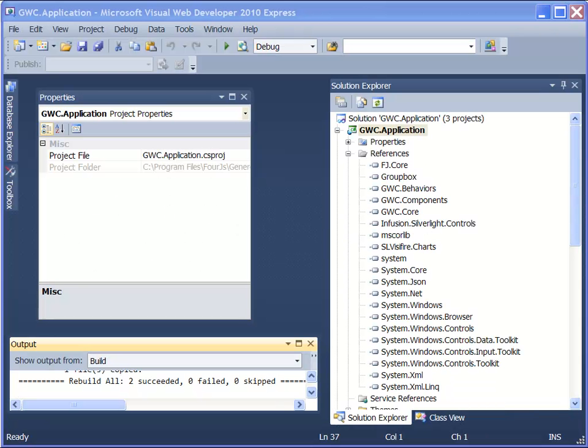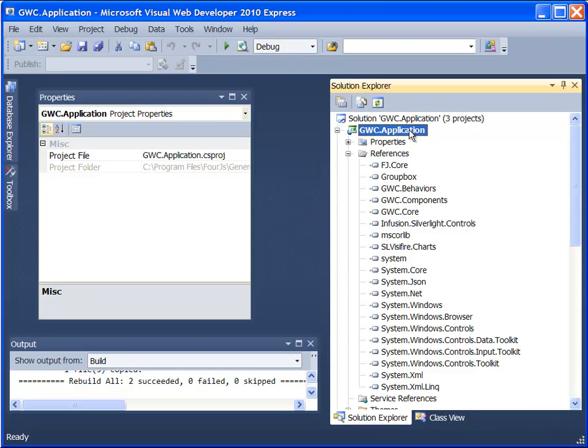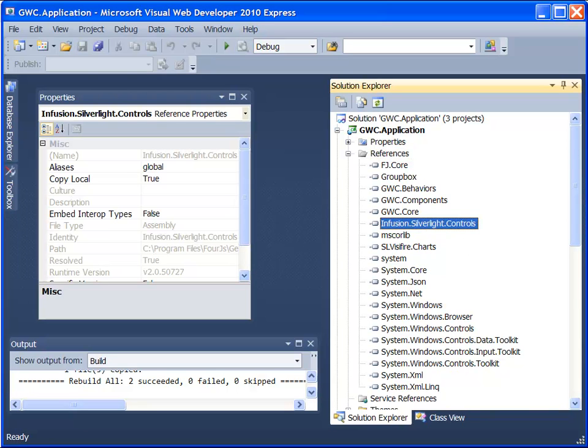I've downloaded a free version known as Microsoft Visual Web Developer 2010 Express. I go inside of my Genero GAS installation, inside of the template directory, inside of the setSL, and inside of the source, I found this file that has a .sln at the end of it. So my gwc.application.sln. When I click on it, it opens it up inside of my Visual Web Developer. I find the GWC application node, or project, I go to the references folder, and if I look inside, I can see that infusion.silverlight's control was